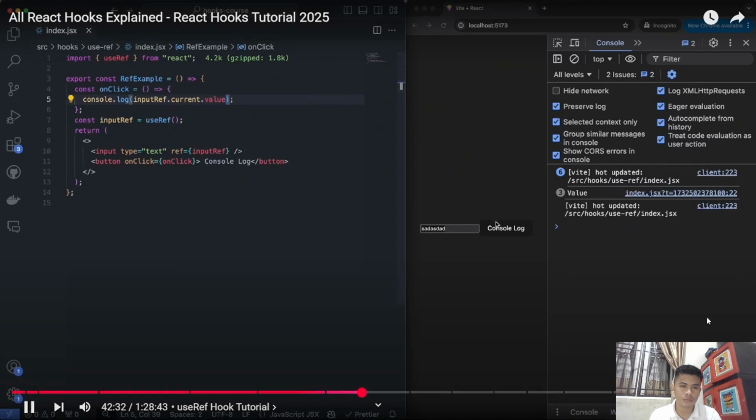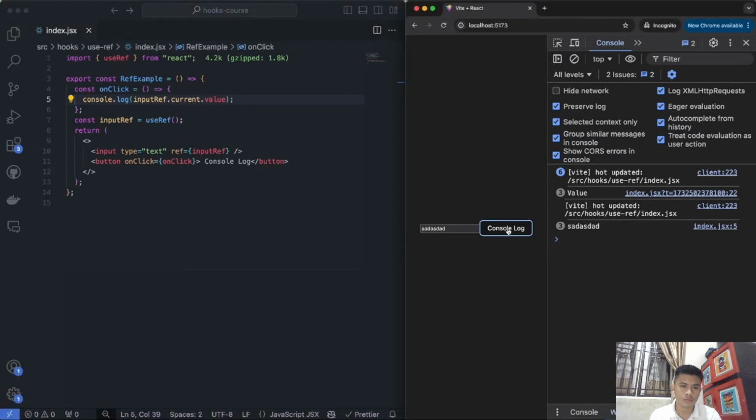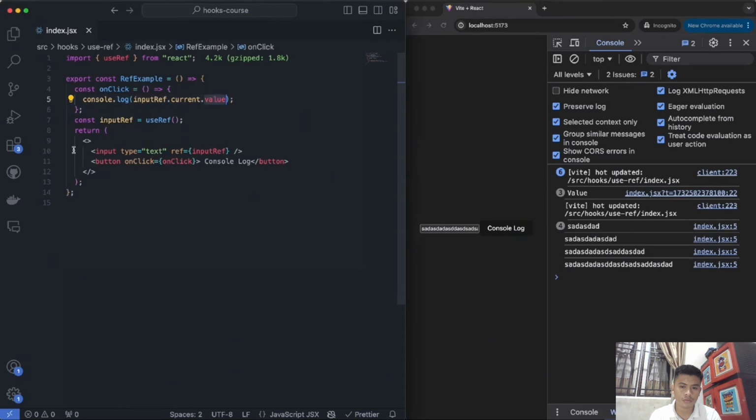current.value. And you'll see that when I click console log now, it should actually put the information of this input. So it allows you to grab specific things from the DOM. Now, another thing that it helps you do, that people love to point out, is focusing, right? You can call functions that are primitive to the HTML element. For example, if I want to focus on this input, whenever I click on this button, I can just say